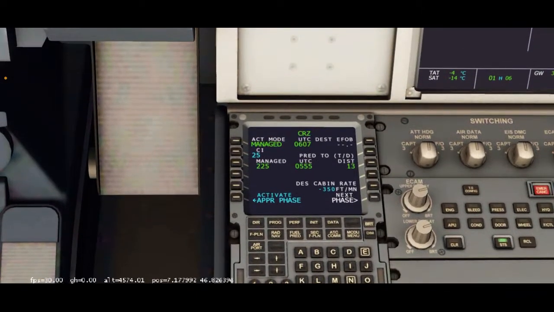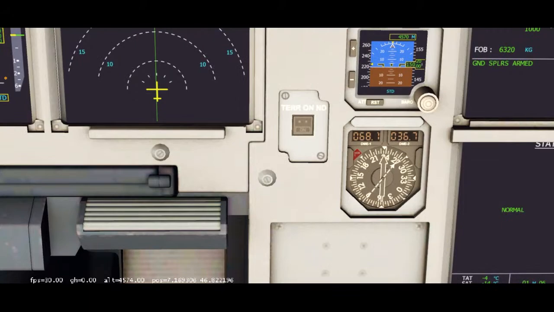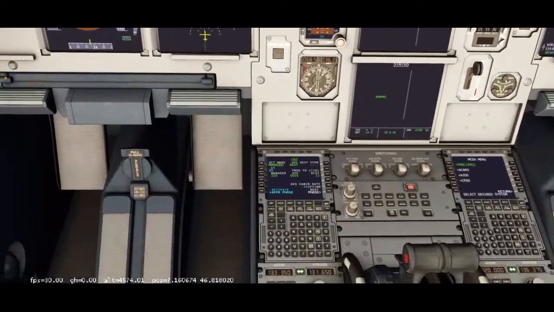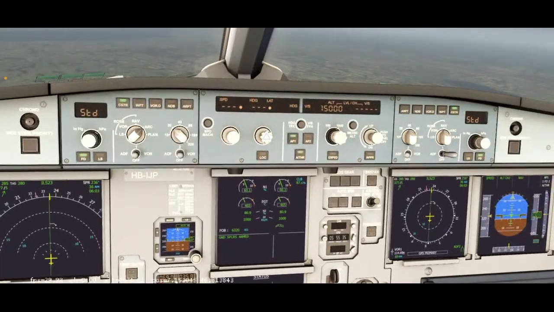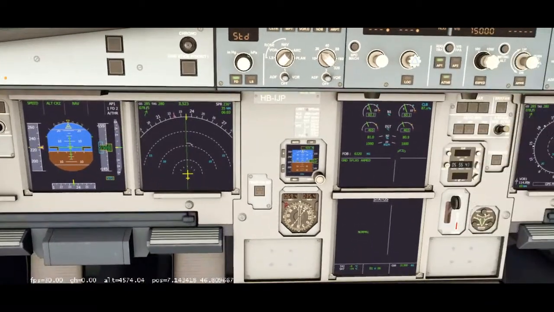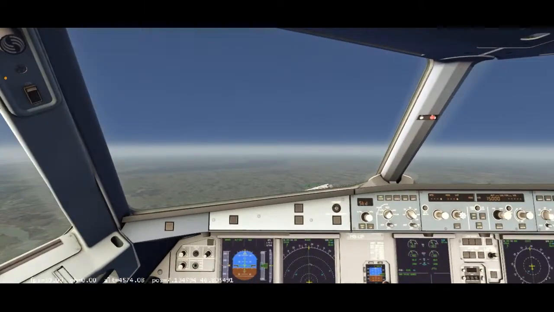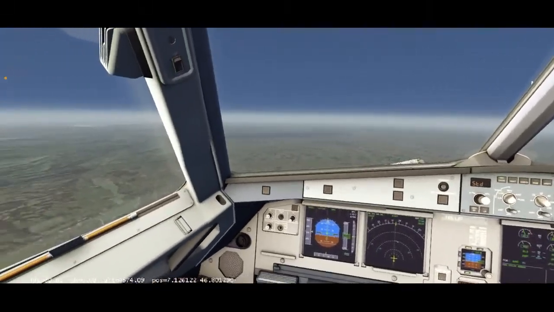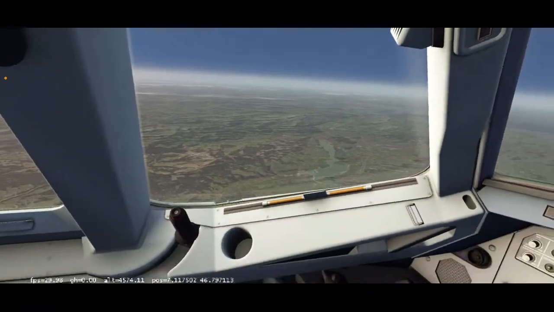Hey guys, you're an A320 pilot, so in training, how do you do the descent? What do you usually do? Because it's always the descent that confuses me a little bit. So when that arrow comes, what do I do? Do I hit approach phase, or do I adjust the altitude first? I usually do 7,000 because that's our constraint, and then I think it goes on down. I think I hit approach. Descent on the A320 is something I definitely need to work on. Once I get that smooth, it'll be way better. On a Boeing, I'm way better at descending, because you just hit VNAV and it follows the MCDU.